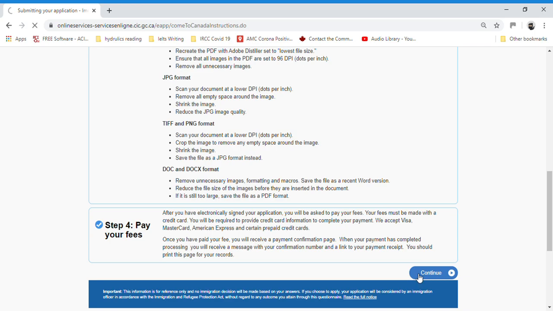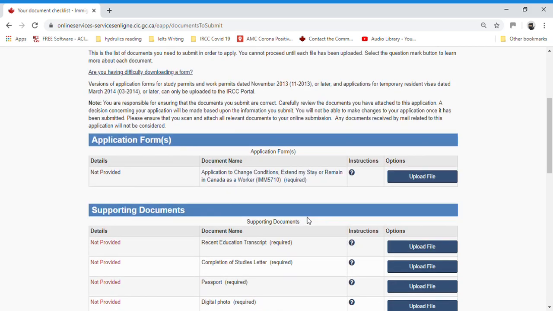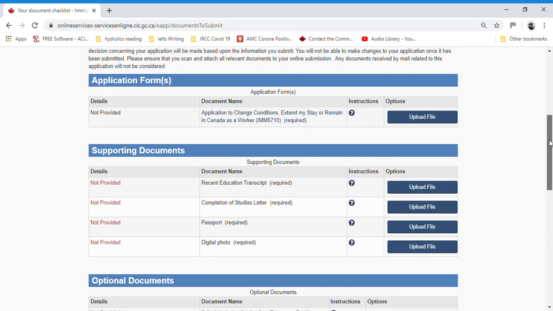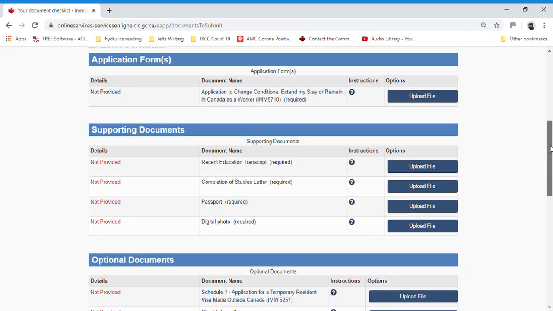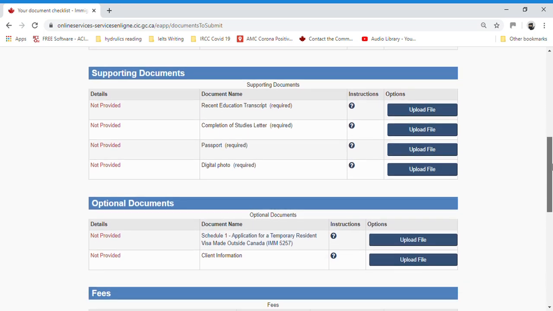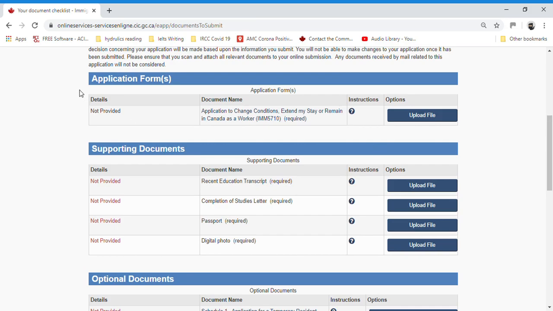Once you click continue, you can see a document checklist and what is necessary for you to upload to complete your application. So I'm going line by line again. The very first thing is the application form. You can download the application form by clicking this link, and